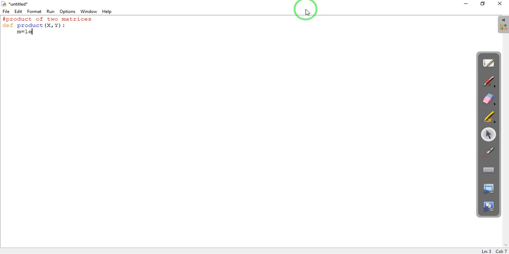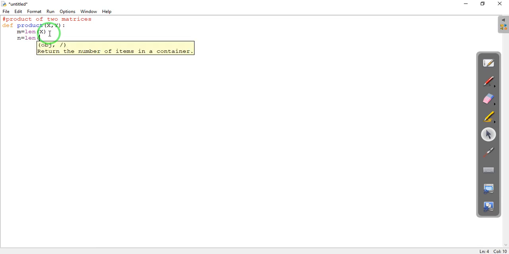M equals the length of X, so we take the number of vectors in X, and that will be the rows. N equals the length of the first vector in X, and the first vector in X will be the 0th vector.